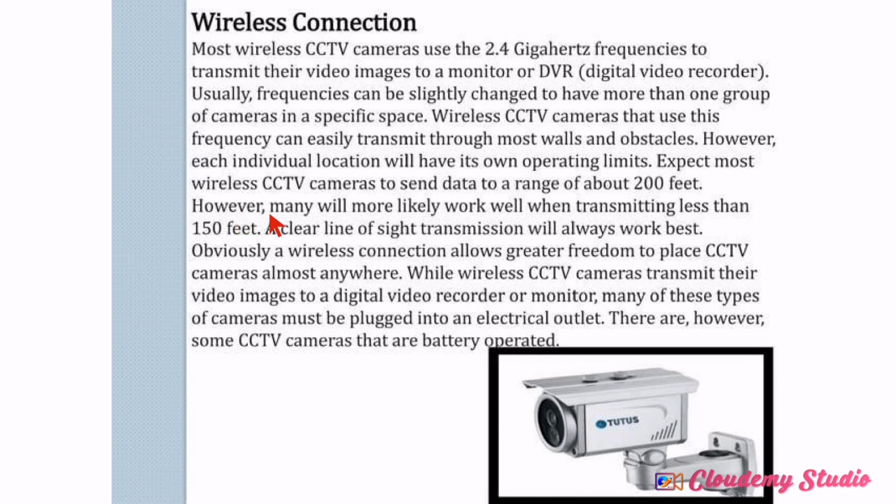However, many will more likely work well when transmitting less than 150 feet. Okay, so this point is trying to tell us that in as much as you are trying to transmit this data over a longer distance like 200 feet, many of the cameras will have challenges transmitting a good quality signal as well as good resolution of the images and videos, meaning they will have a poor signal. As a result, you're going to have a poor image